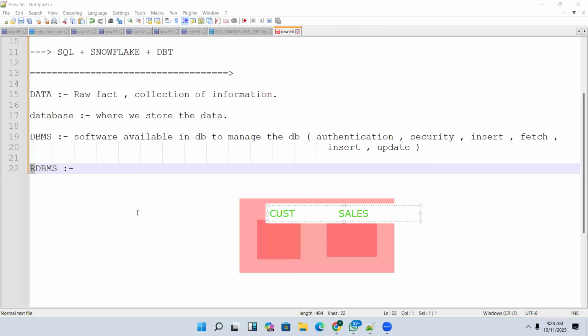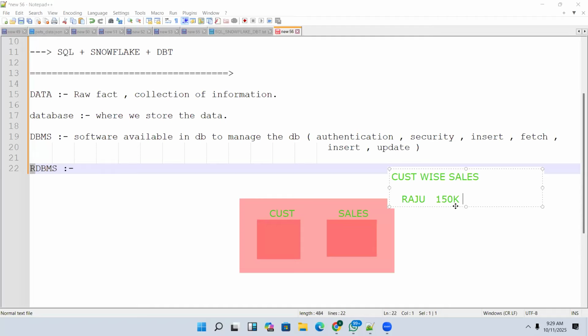Now I have one question, guys. There is a business owner. He wants some report. What is the report? He wants customer-wise sales. For example, there is a Raju. What are the sales through Raju? Maybe 150K sales, something I'm saying.